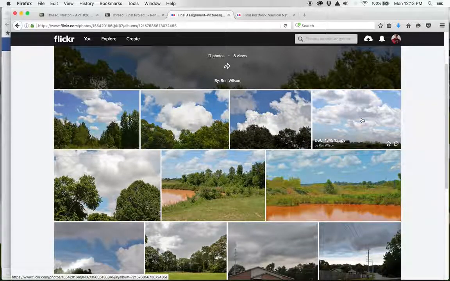The sky color changes, the amount of tree changes. And then we have another change here. We're zooming in. Another change where we introduce this pond. I really am intrigued by this pond, that orangeness of it, and then how that orangeness is reflected, particularly in this image, in the landscape. And I really like that photograph.